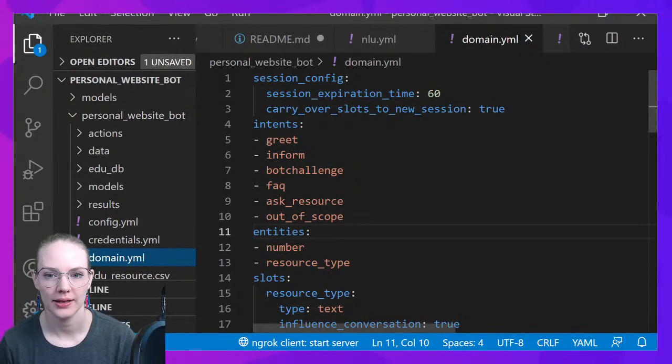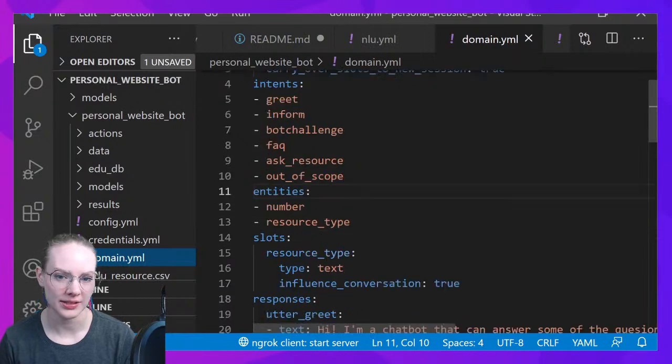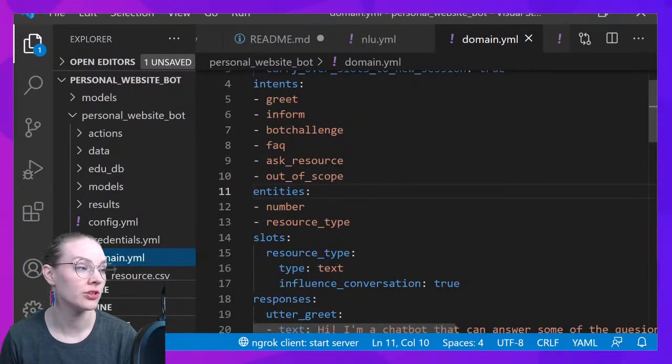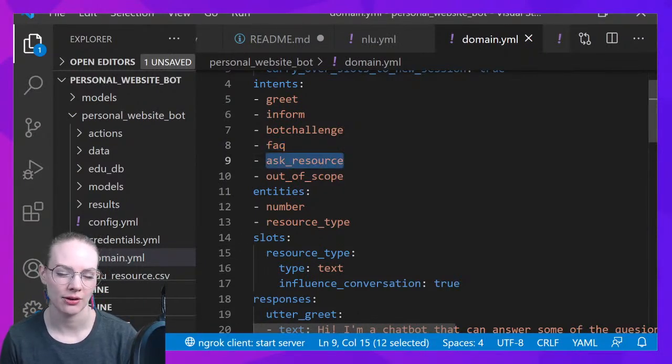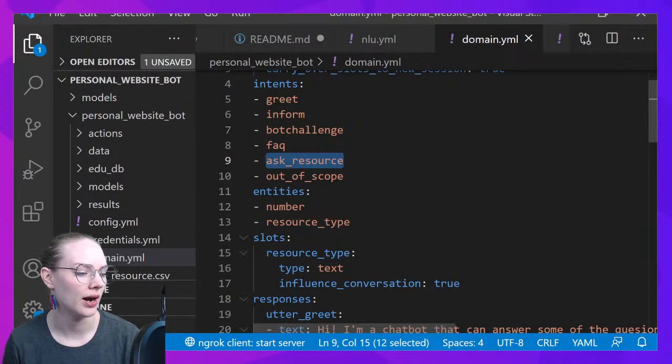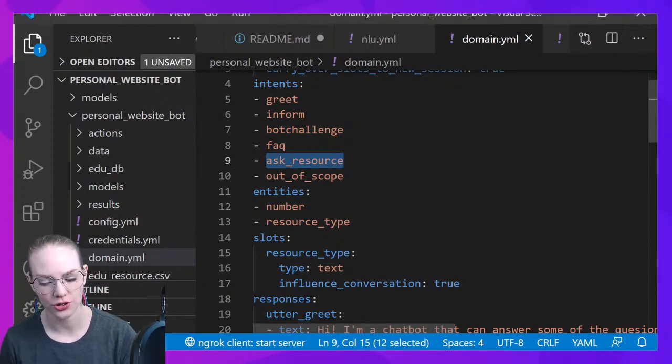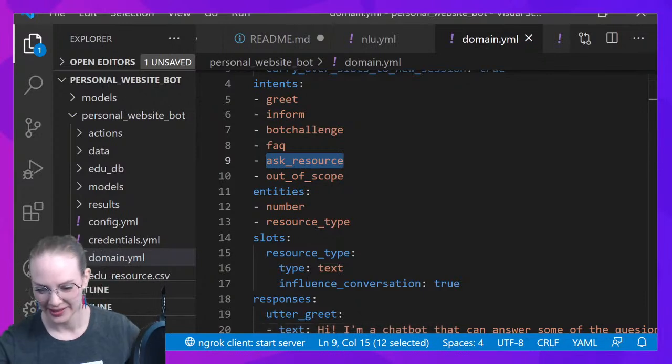So let's go through these really quick. Our intents are greet. These are the things the users can do. Inform, bot challenge, FAQ. As I remember, we were using this to pick a response selector to pick the appropriate FAQ response. Ask resource. So as I remember, this is going to allow our user to start a